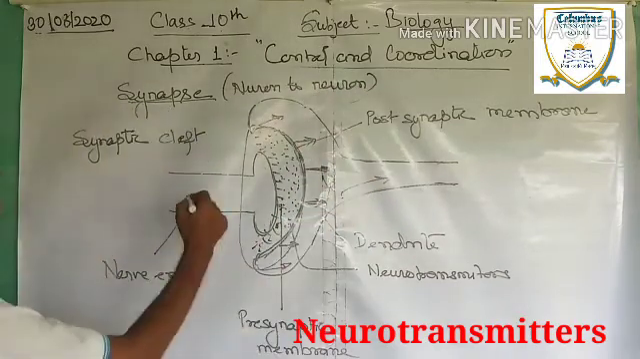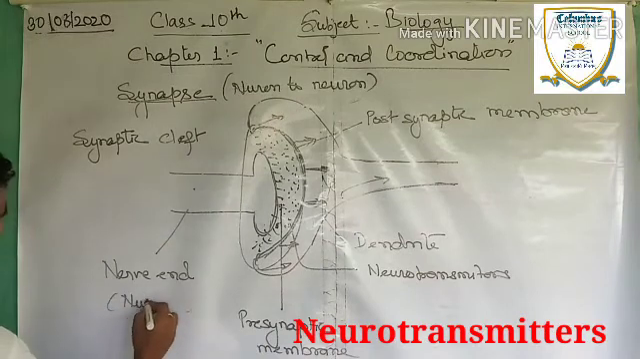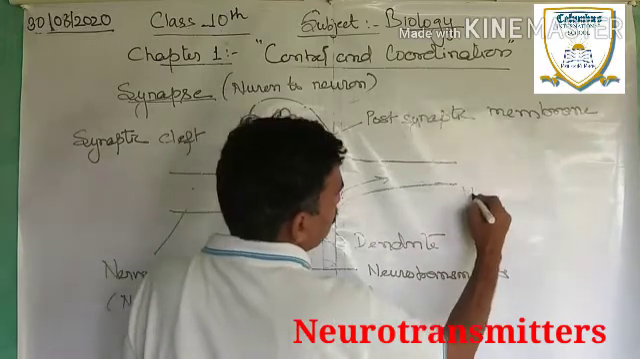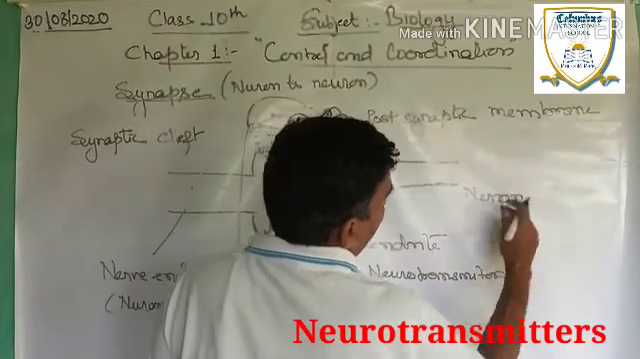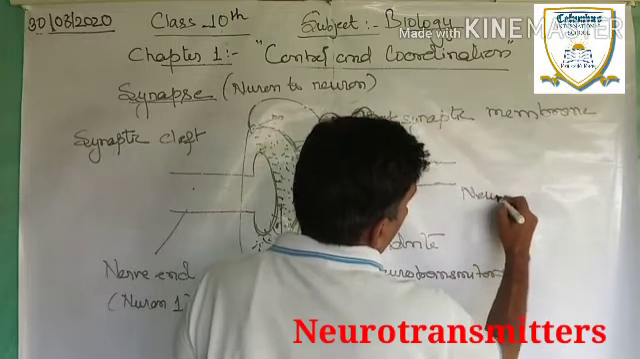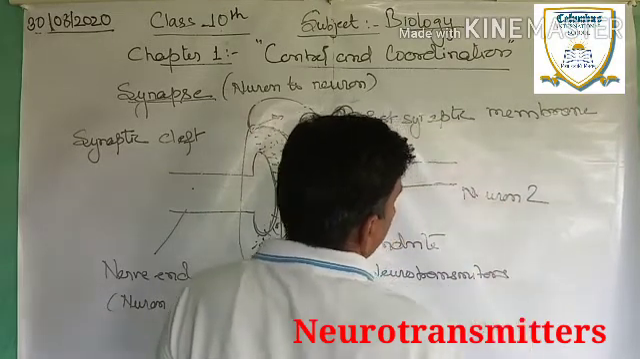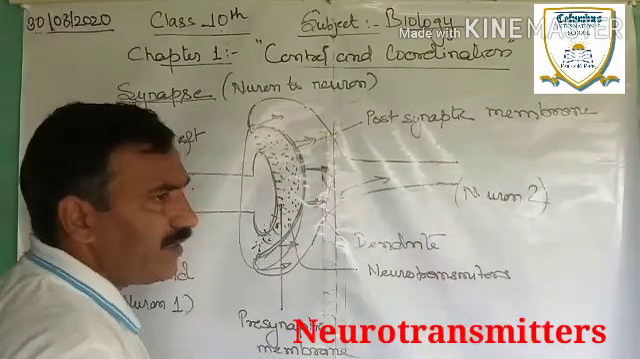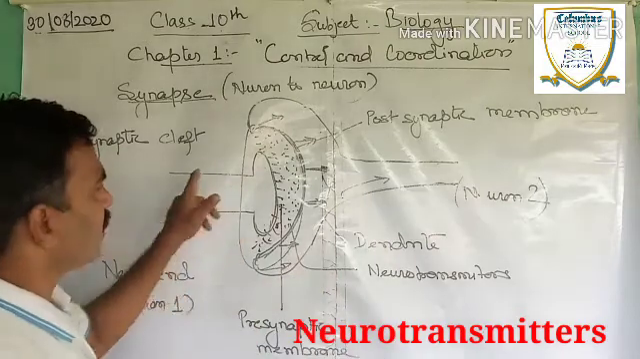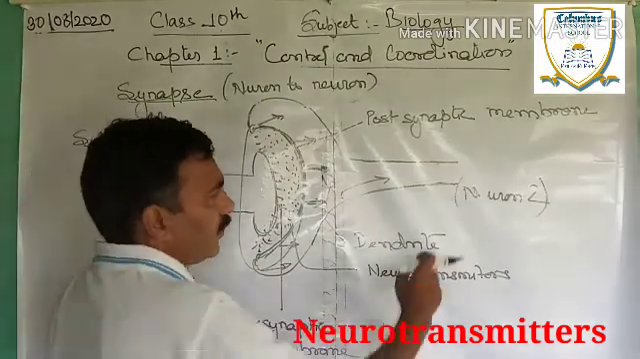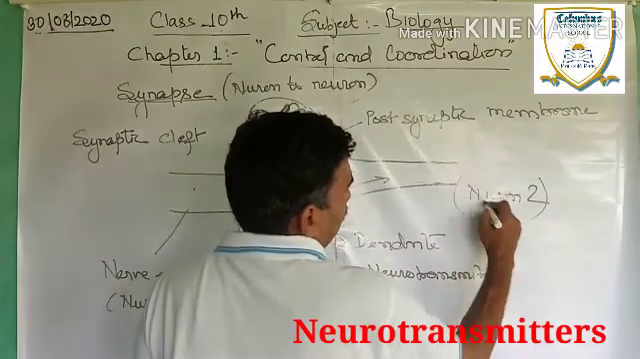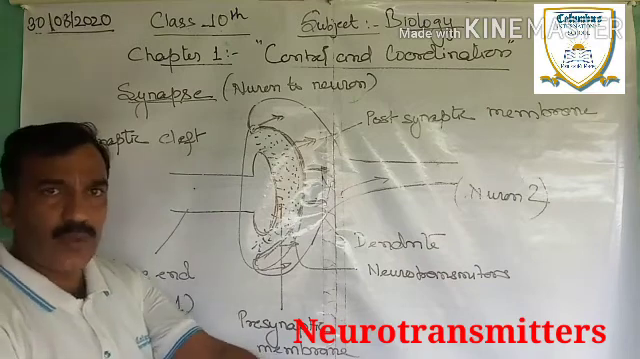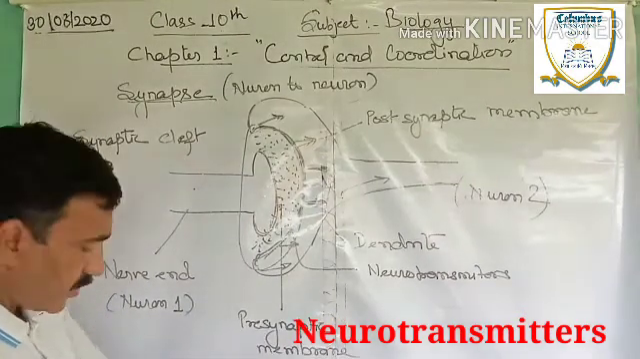Okay, because this is one neuron, neuron 1, and this is another neuron, neuron 2. That means the synapse is only in the case of neuron to neuron junction, the junction between one neuron with another. Okay, now what in case when the neuron is attached with the muscles, because from the muscles